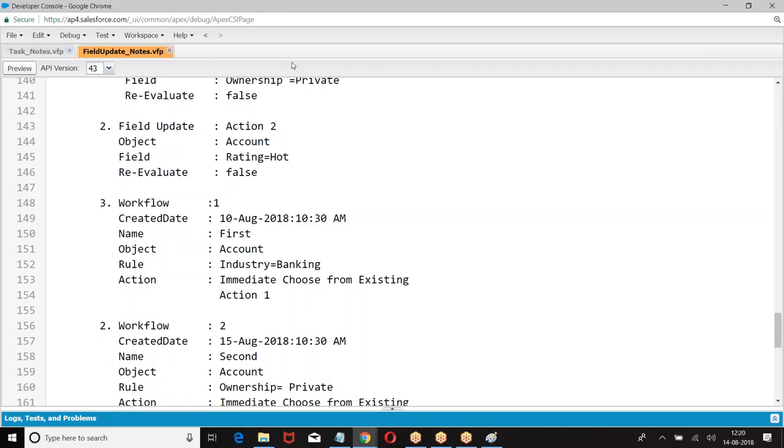ICICI Bank will not type every letter, like: dear customer Satish, your credit card bill for the month of June 21st to July 21st is this bill. Are they going to type it? No, right? So what is that? It's a predefined template. Everybody will get the same format. Only the name, date, and amount will change. The rest will be the same. So if I want to send any email notification, first I should have the predefined template. I should have an email template.